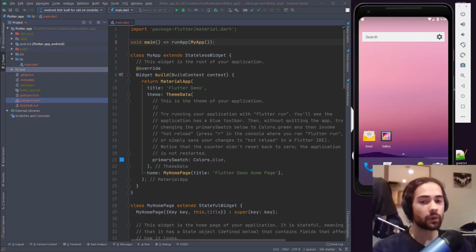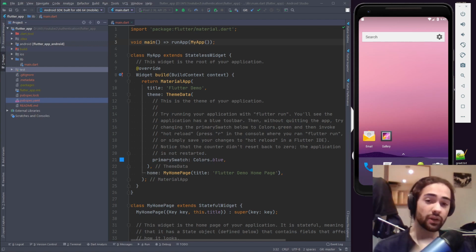Welcome everyone. Today we're going to be talking about connecting a Flutter application to our identity server that we've been building throughout the series. If you're a Flutter passerby and you're like, what the heck is an identity server? It's an authentication provider in ASP.NET Core. So if you don't do much C#, you're probably not going to benefit too much from this video